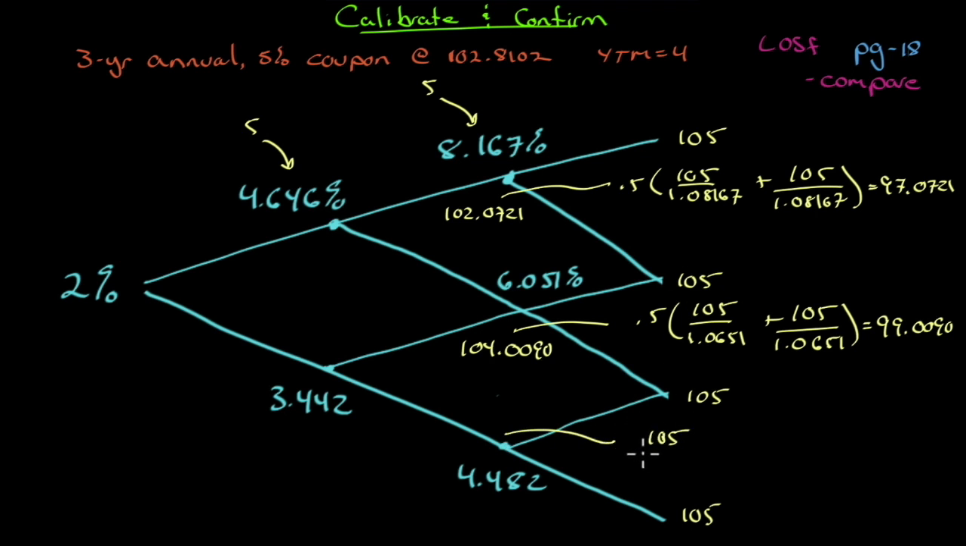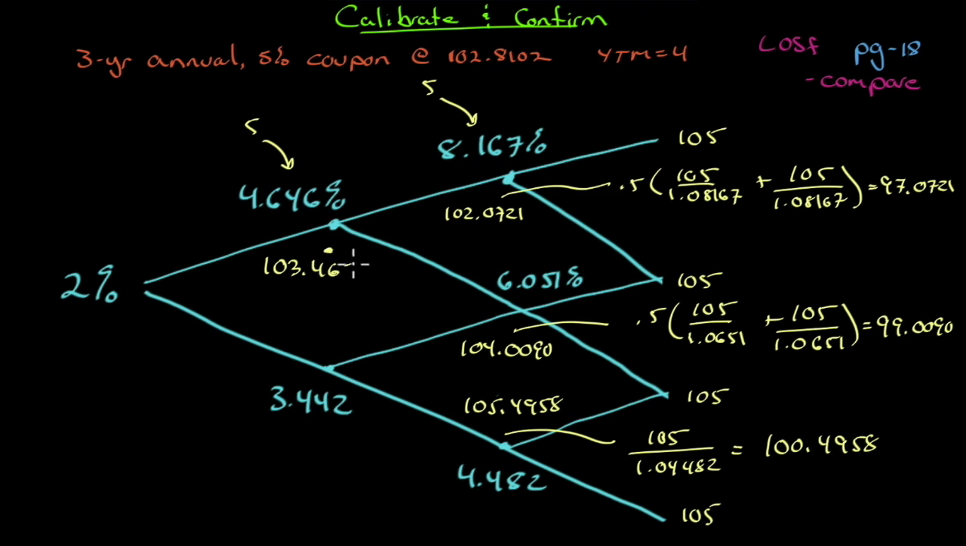I'm not going to do the 0.5 this time to show you that you get the same thing. Over 1.04482. This will give you 100.4958. Add the 5, we get 105.4958. Okay, let's find the value here. I don't think you need me to write out all the calculations here. We're going to do 0.5 and 0.5. It's 102.0721 discounted by this rate, 104.0090 discounted by this rate. Add them together, divide by 2. Add the 5,